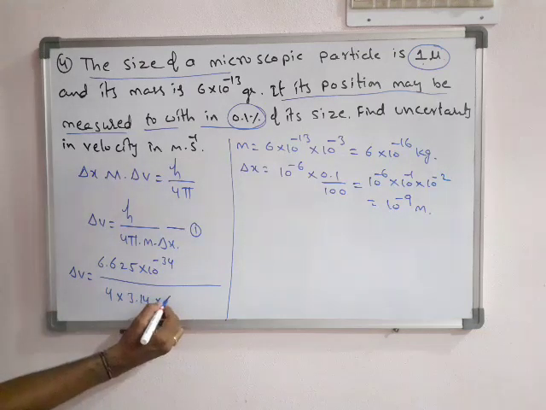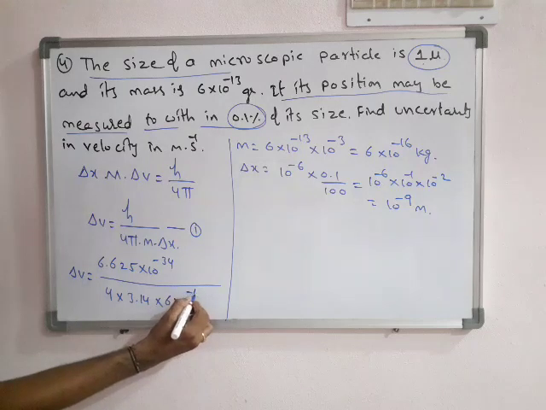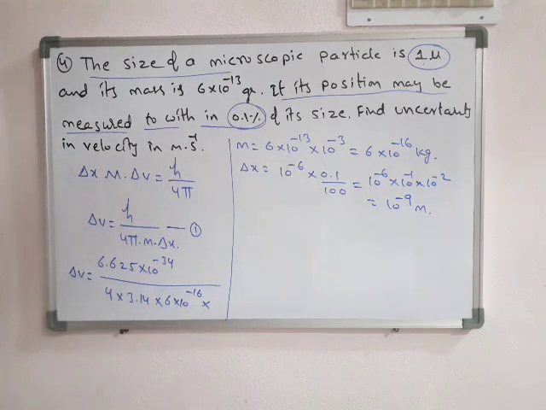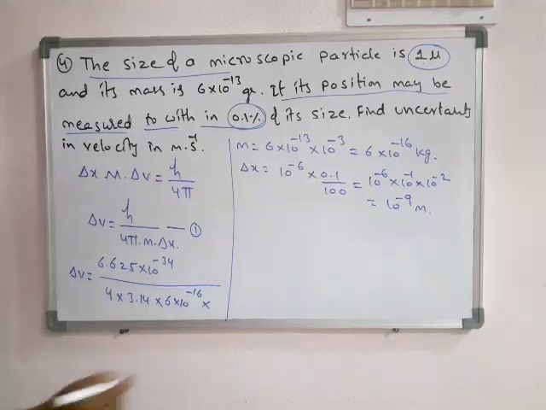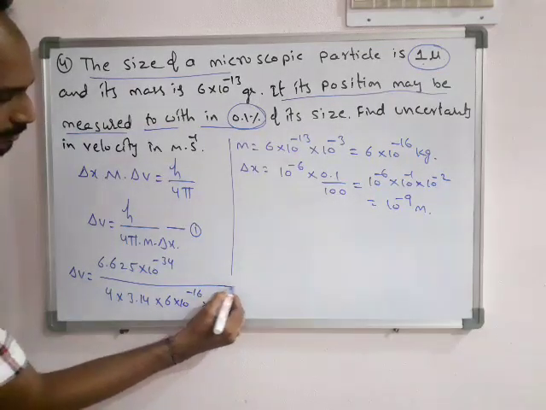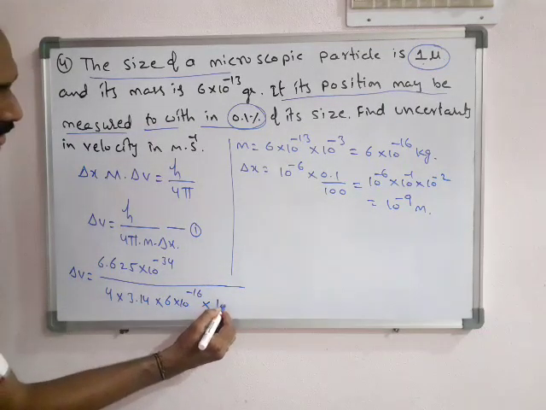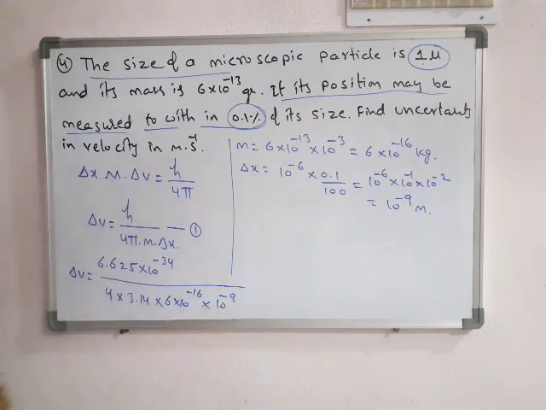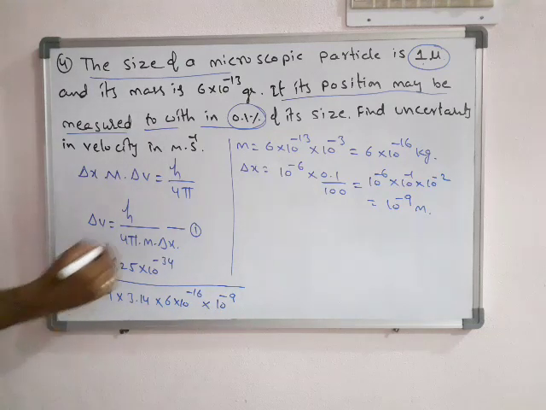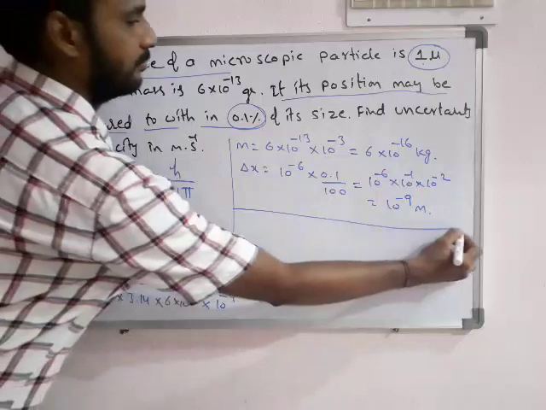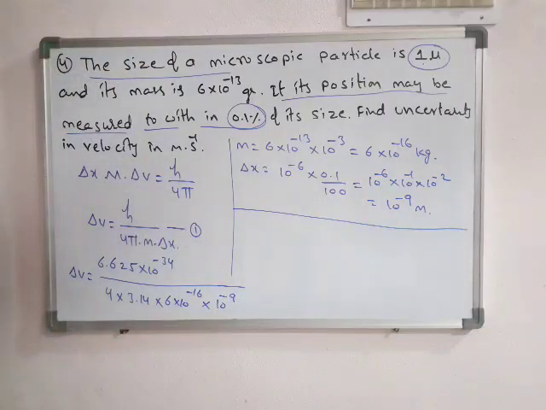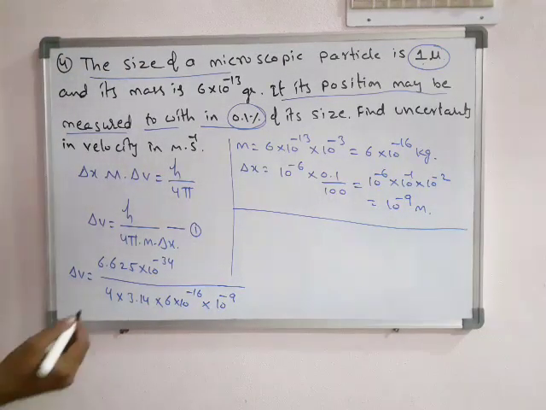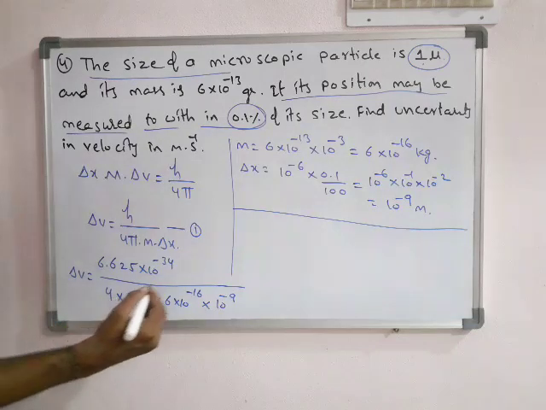Mass is 6 into 10 power minus 16 kgs. What is delta x? 10 power minus 9 meters. So on this calculation, approximately we will get